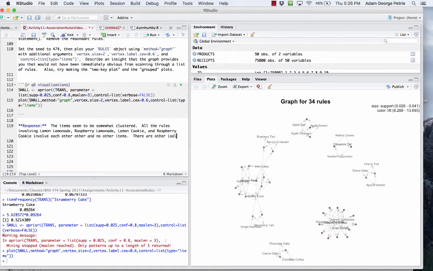There are other isolated clusters of items that are related, like the apple tarts, apple Danish, apple croissant,